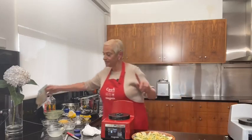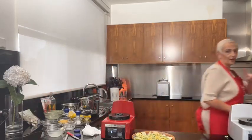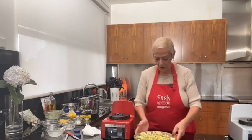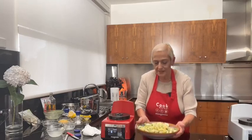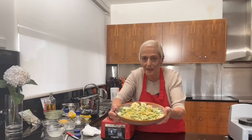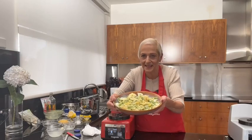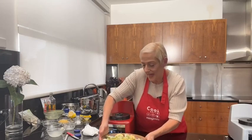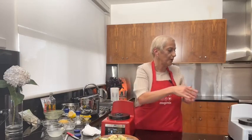Okay, so just give me a second, I'm just going to turn the air fryer on. So that's what it looks like. Don't want to spill it. Can you see all that? Can you see it? Okay. Is that better? So that's my dinner. And in a few more moments,